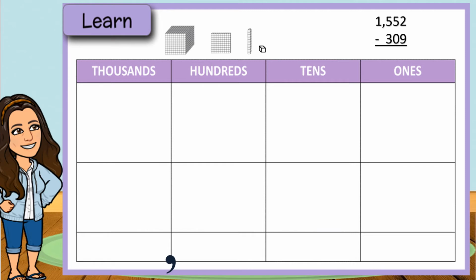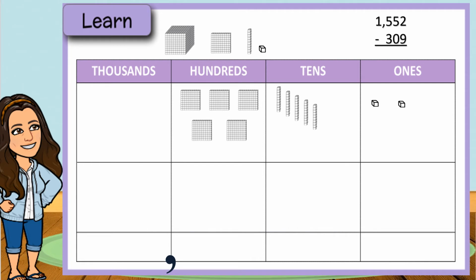First thing I want you to do is you are going to take the number 1,552 and you are going to set that up in your place value chart using your blocks. So I am going to put 2 units, which are single blocks for ones, into my ones column. I'm going to add 5 rods or tens into my tens column. I'm going to add 5 flats or hundreds to my hundreds column. And then I am going to add 1 cube, which is my thousands, into my thousands column. So I just represented using models